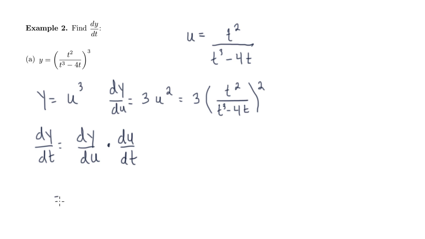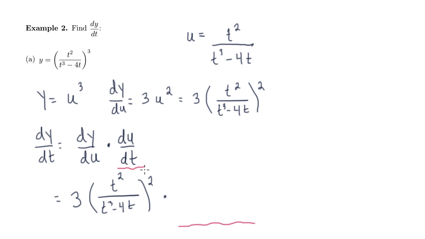Okay, so dy du, we of course want to leave everything in terms of t to have the derivative as a function of t. This is just going to be 3 times t squared over t cubed minus 4t all squared. And now we just need to multiply by